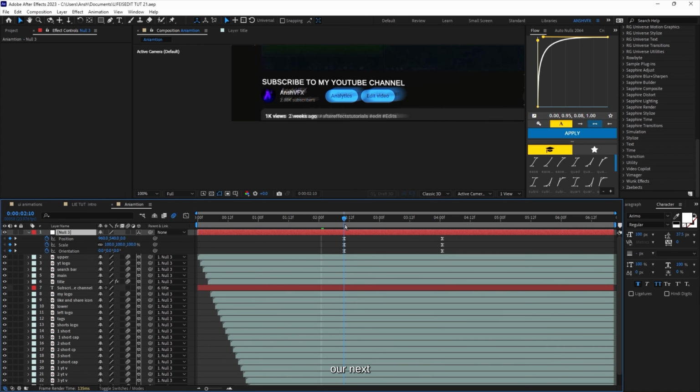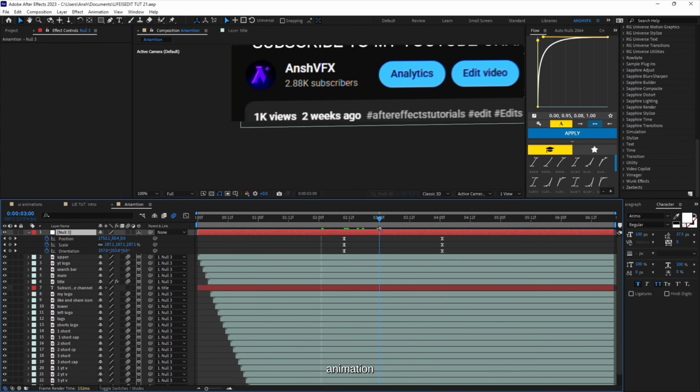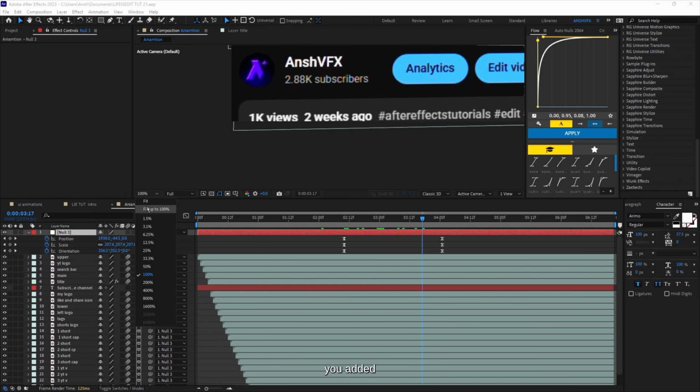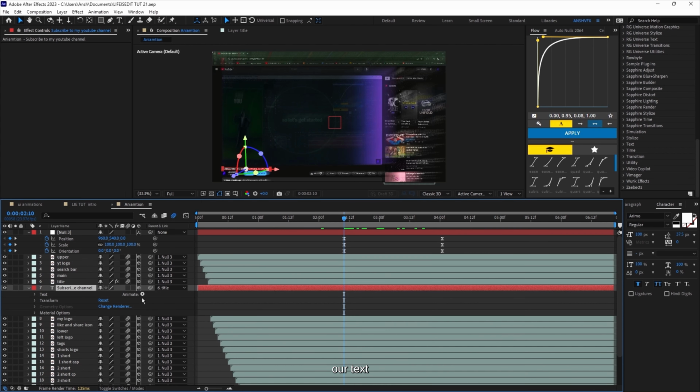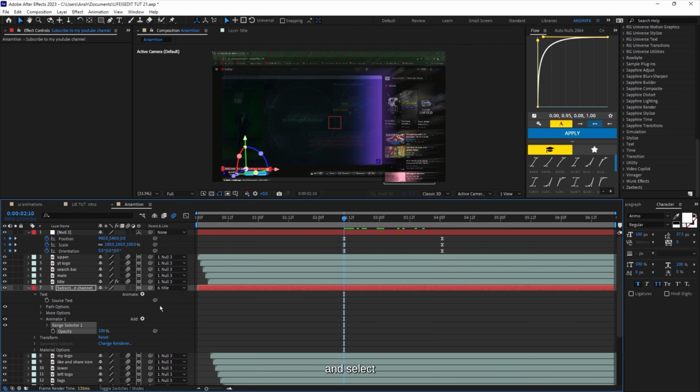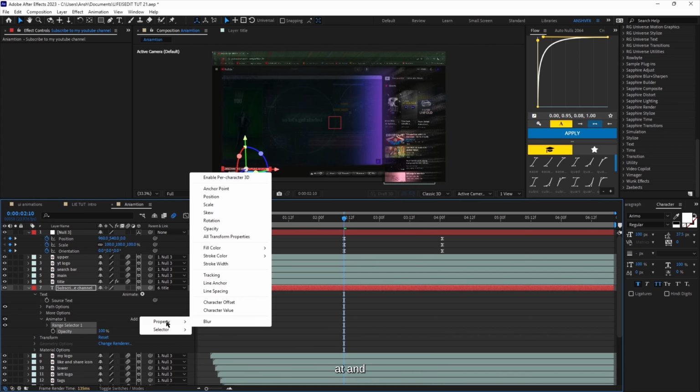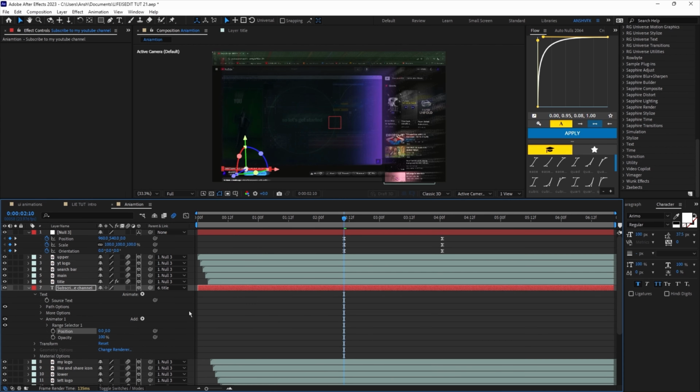Now we are going to create a text animation. Where you added your first keyframe to your null, from there we are going to animate our text. Now go to animate and select opacity. Now we are going to add another property, click add and add a position. Lower your opacity value to 0